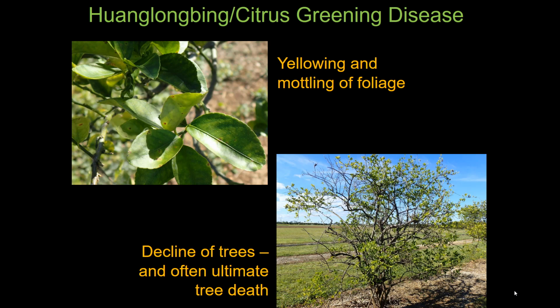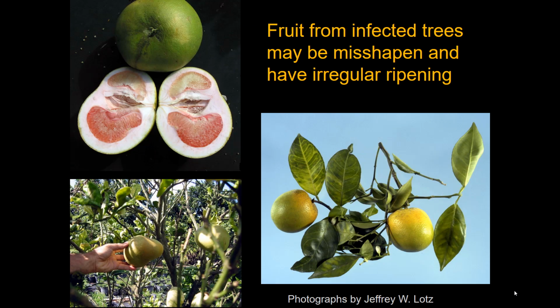But you see these conditions, these decline, ultimate death of the tree. There's also problems on trees that reduce fruit quality. The infection causes seed abortion or seeds to form incompletely. You get the fruit also becoming distorted, in part related to that. The fruit won't green up, or won't ripen up. It will stay green, so you get this irregular ripening. And again, this can have devastating effects on the crop. Fairly new condition,